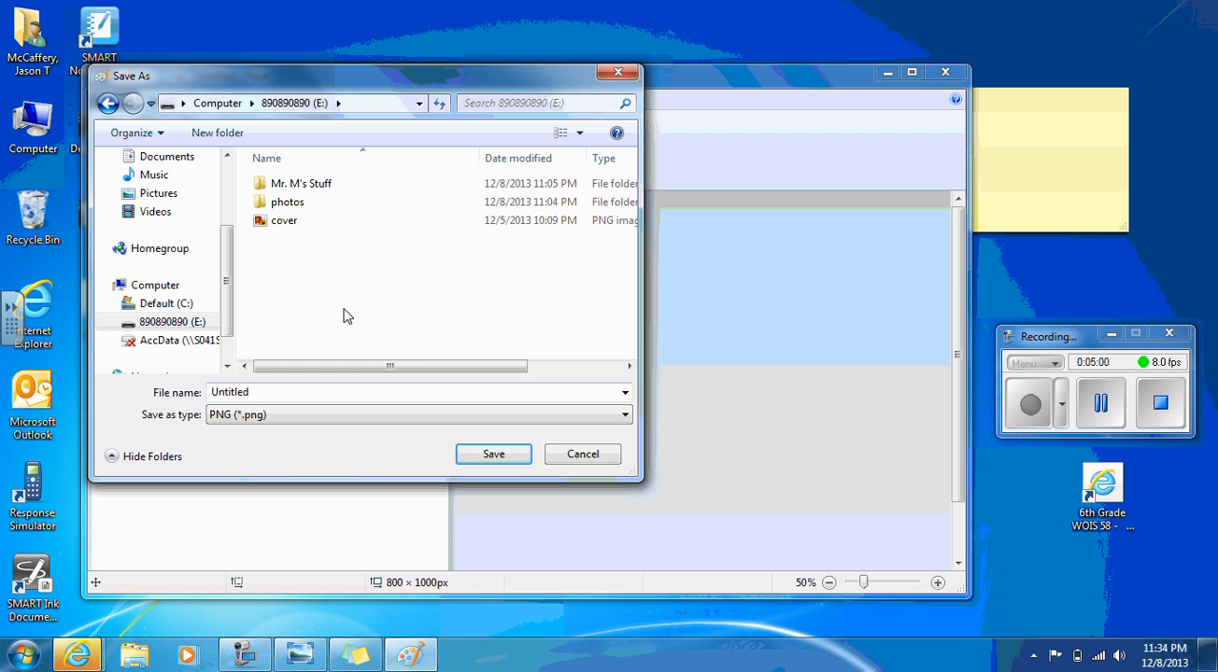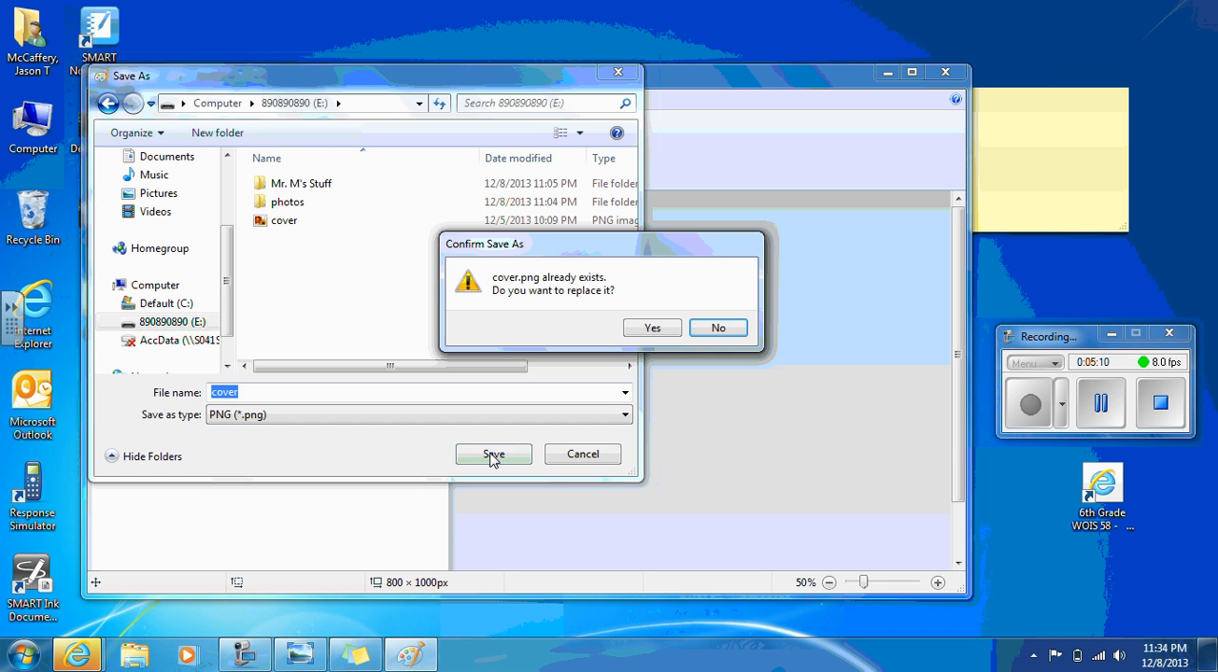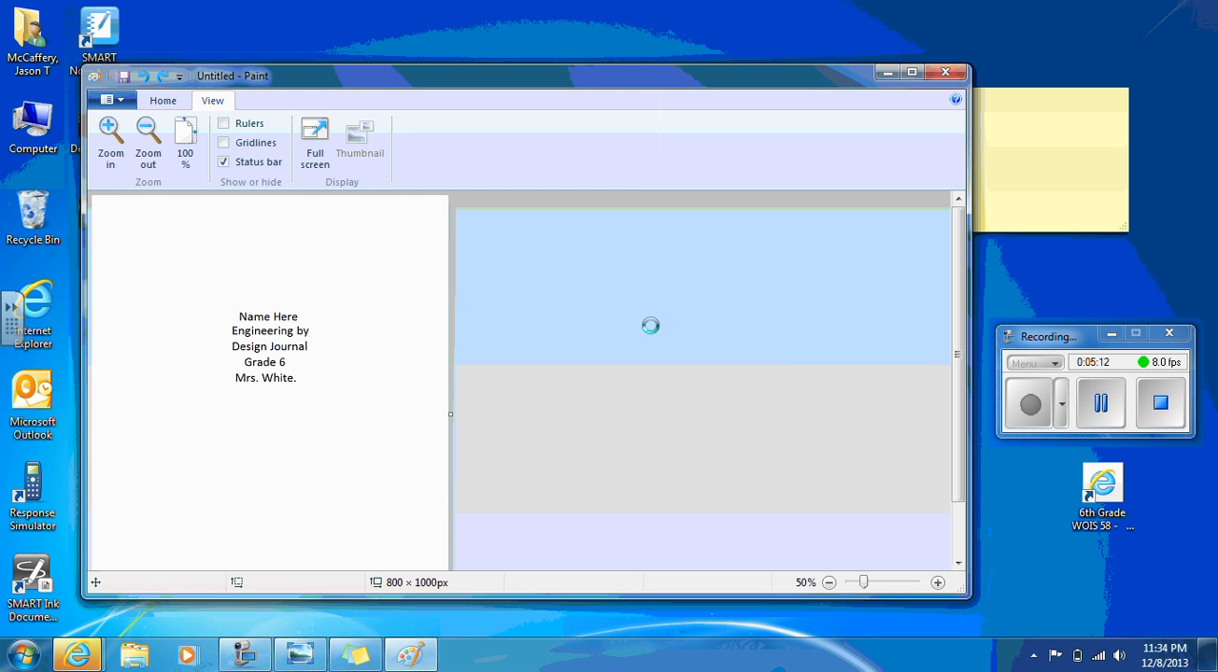Inside this folder, you're going to name this cover. I'm going to call this cover and press save. I already have one, so I'm going to replace my old version. Now I'm going to close this